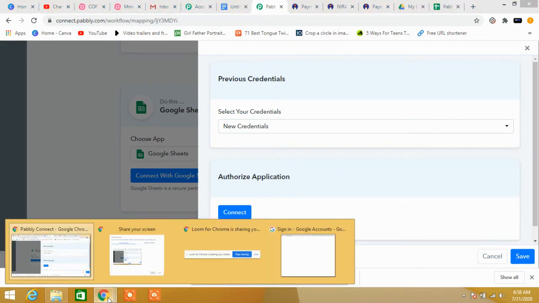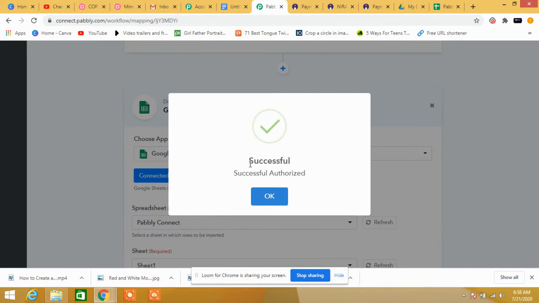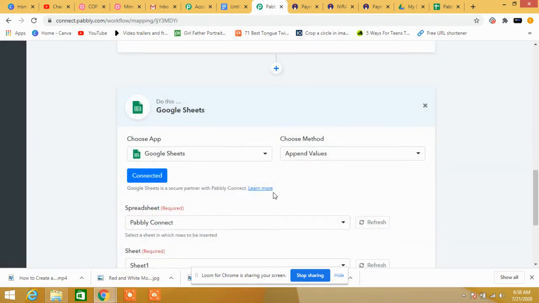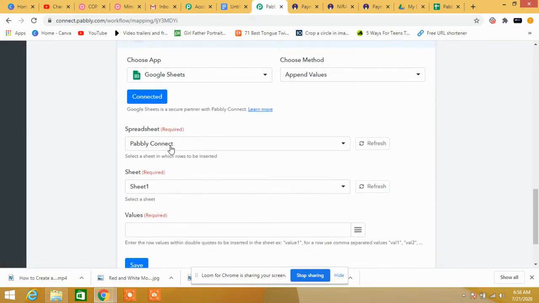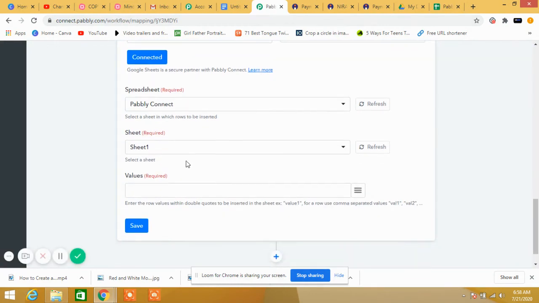Wait. Okay, it's successful, authorized. Now my Google Sheet is Pabbly Connect. I have already created this Google Sheet. Okay, sheet number 1.